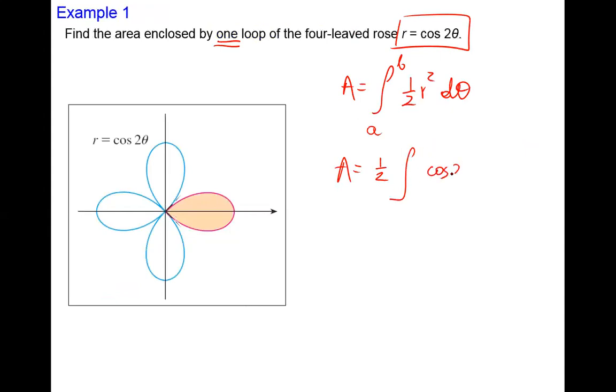I can put the formula. R is defined by theta squared, but limits of integration. That means, what do you think? What are the angles that one loop is bounded by? I can probably,